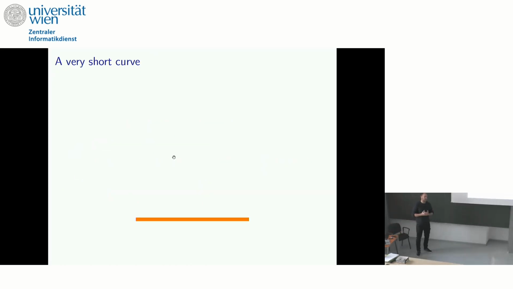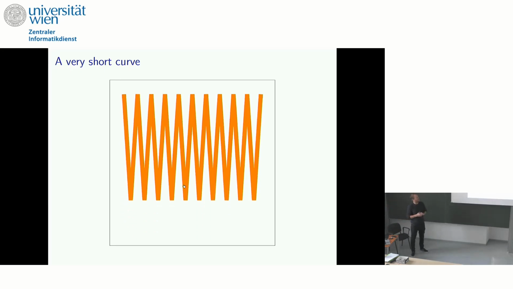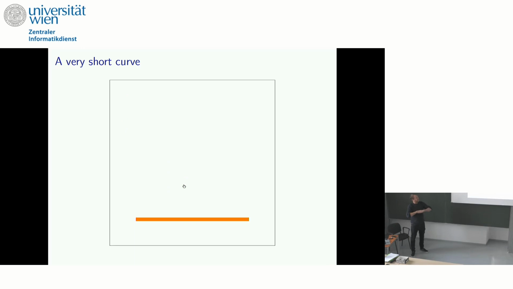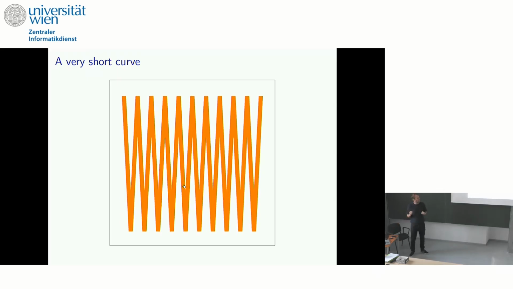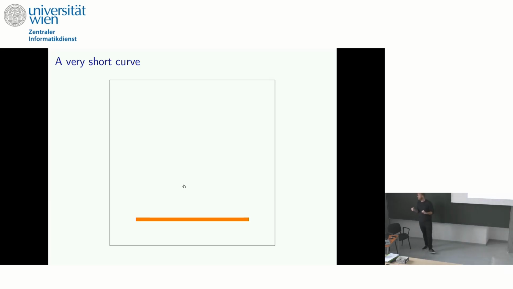I don't want to give you a full proof of this result, but I want to show you what the computer showed, Peter and David. Namely, this is an example where we try to minimize the energy from the line on the bottom to the line on the top. What happens is these zigzag curves come out until they reach the top and then get retracted. As you add more and more points to the discretization of your curves, you will get more and more teeth. And this indeed will make the energy shorter and shorter.